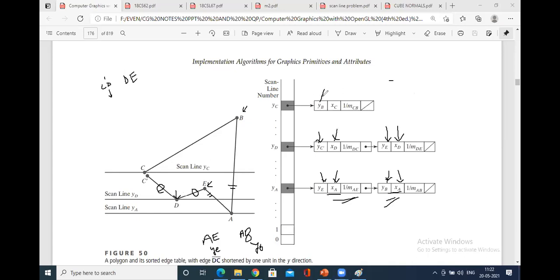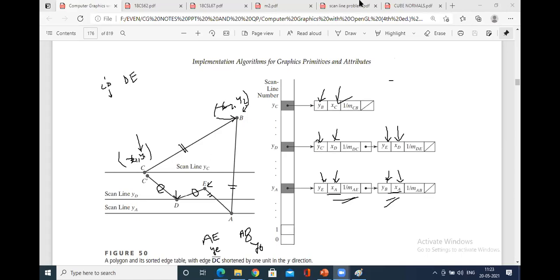Again, at the same YB, why is it YB? Imagine at scanline YC we have only one edge, that is CB. So at CB, what will be the Y value at the B intercept? It is YB, and the minimum x between the two edges. For example, it is very simple here. Imagine at C we have x1 comma y1. Here we have x2 comma y2. So you tell me where I have the minimum value. I have the minimum y value at y1. What is its x value? It is x1. So xc has to be updated over here. So this is called the global edge table, right?